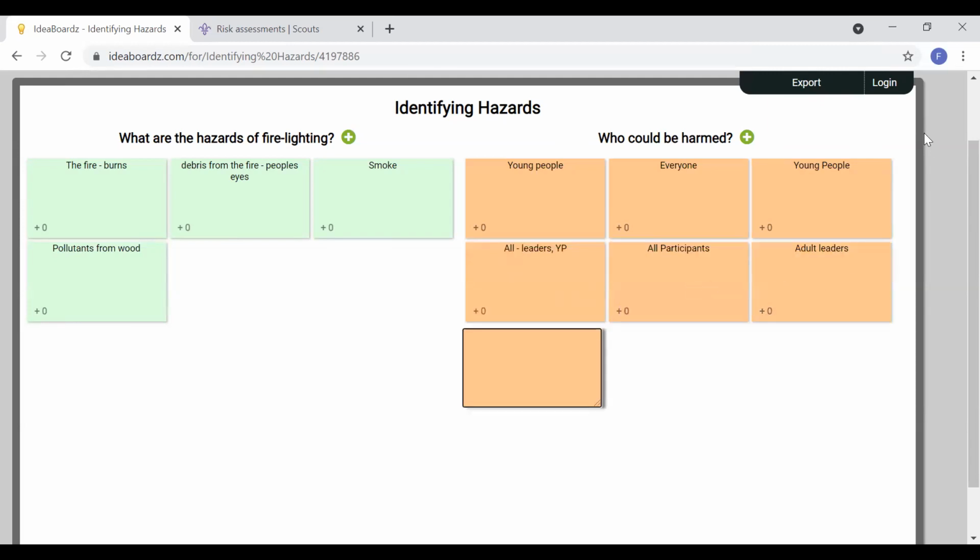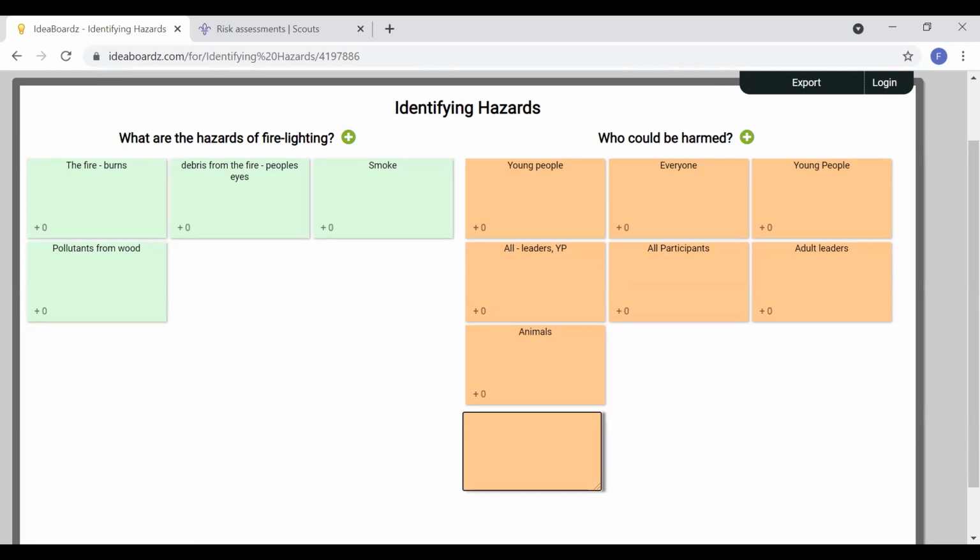Yeah, all participants. I think this one is potentially one of the more simple steps, because you just have to think about who's going to be there, and if there is anything that you might need to take into extra consideration, this is the space to do it here. So hopefully that's a quick exercise we've done there to help you break down how it could look without seeing it in the risk assessment forms. I think sometimes seeing the whole form you might be filling in can be a bit overwhelming, but breaking it up into steps like this does help.